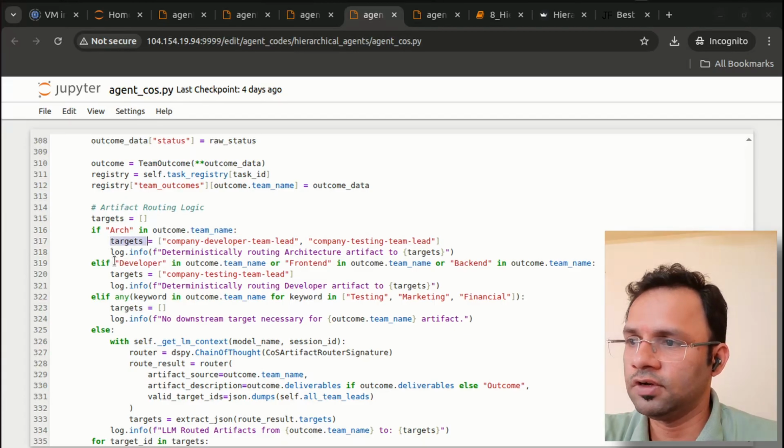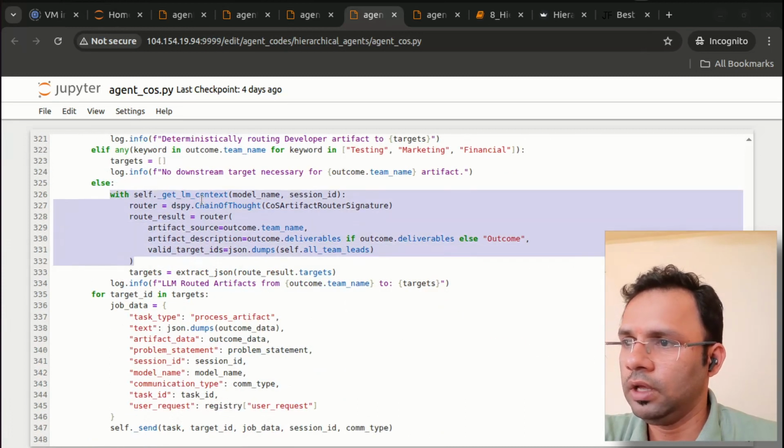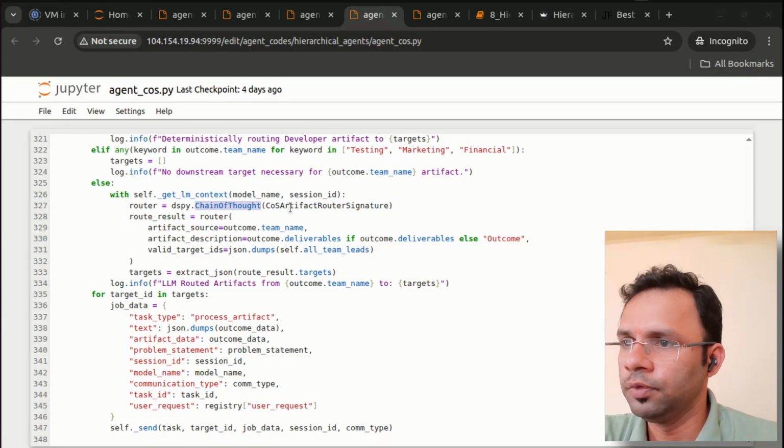If it is developer output, then I will pass that only to the testing team lead. If not, there are no downstream targets. Else, if it is not any of testing, marketing, or finance, I will do an inference here with the LLM context, using chain of thought. So I have the targets, and I need to provide the target details and